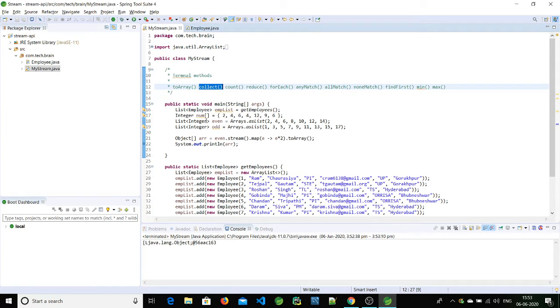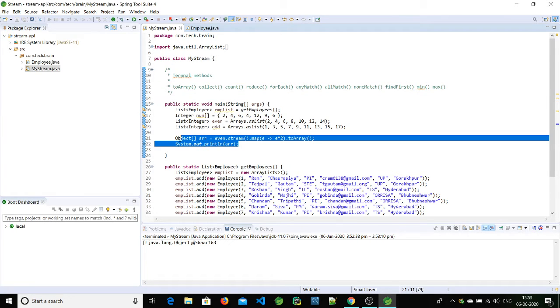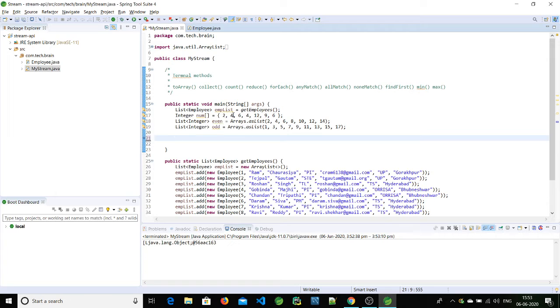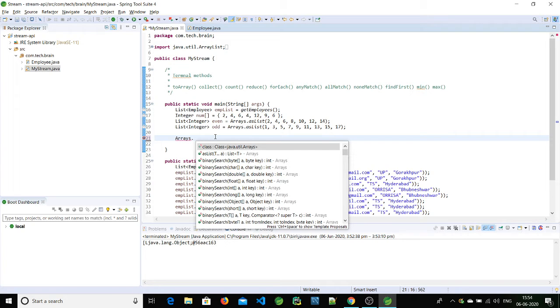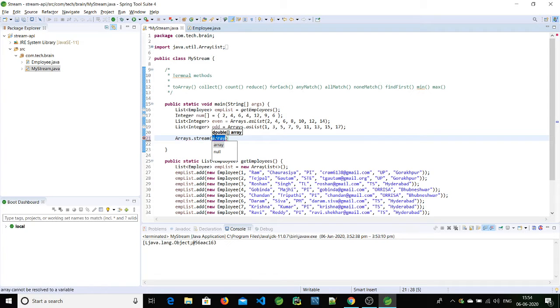Suppose I'm using, let me delete all these, this array, and on top of that I'm going to create a stream. For that, Arrays.stream, and here I'm passing the numbers.